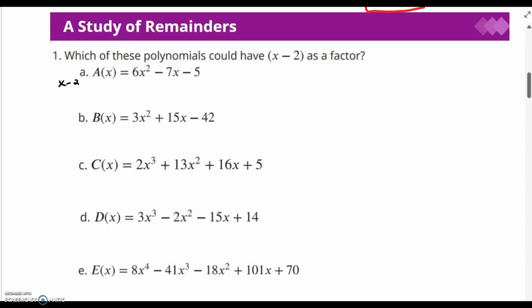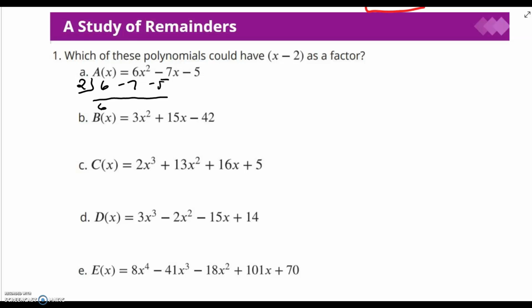So x minus 2, set it equal to 0 and solve. X is going to be equal to 2. Okay, I'm going to move this up now. I know that 2 is going into my little box, and then I just check the coefficients. It's in standard form. There are no missing degrees, so I write my coefficients, 6, -7, -5. Do my synthetic division,